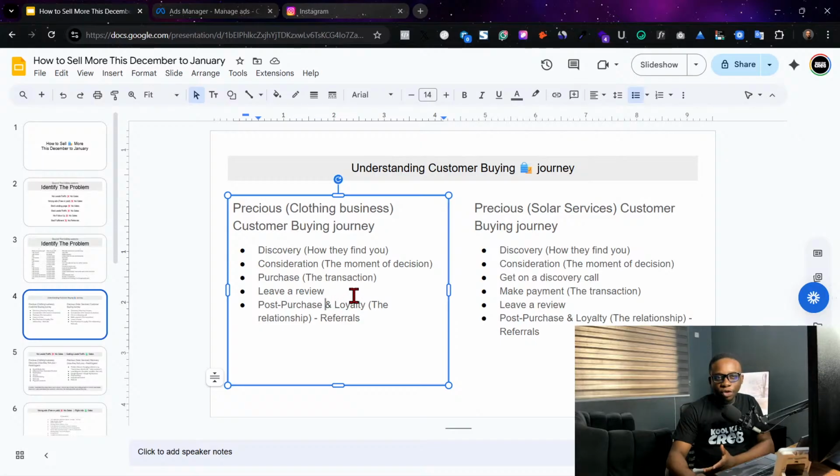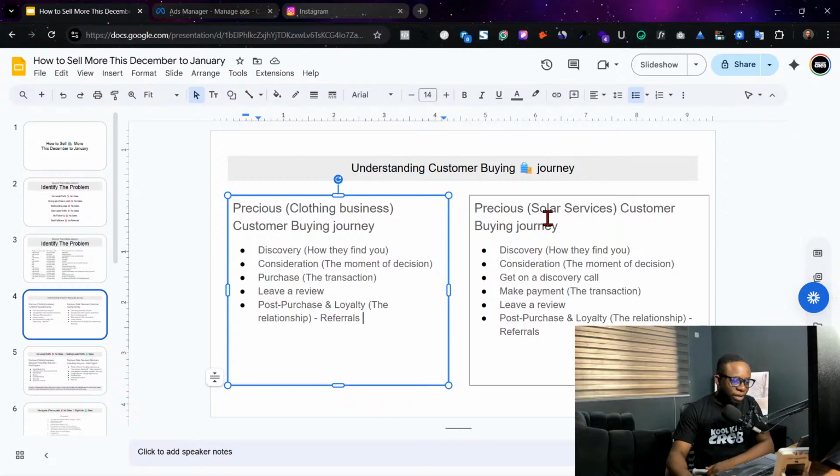Then post sales. A lot of businesses also fail on this, which is after the person has bought from you, you don't follow up. There's nothing like, okay, help refer, or birthday wishes and some other things. There are lots of things that you can do even after selling so that these persons can always come back to you.